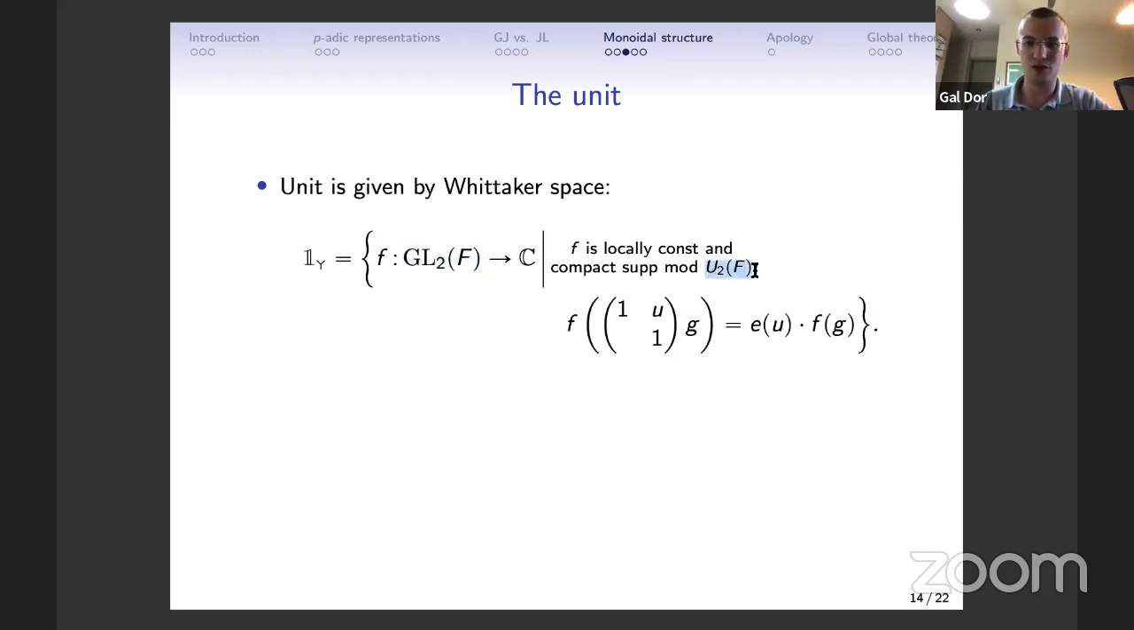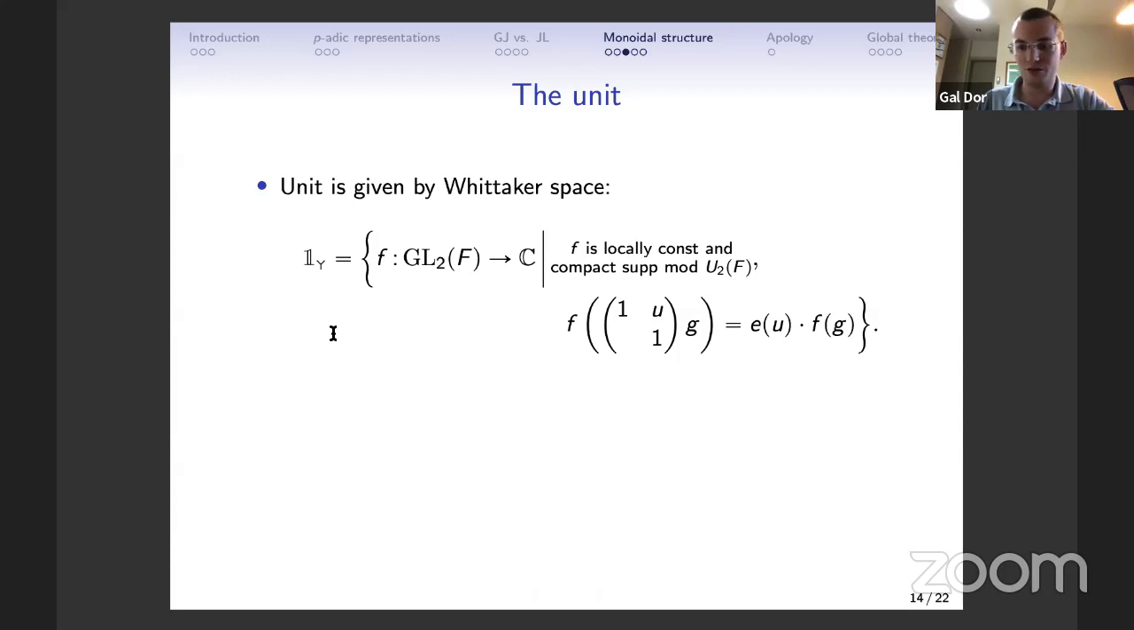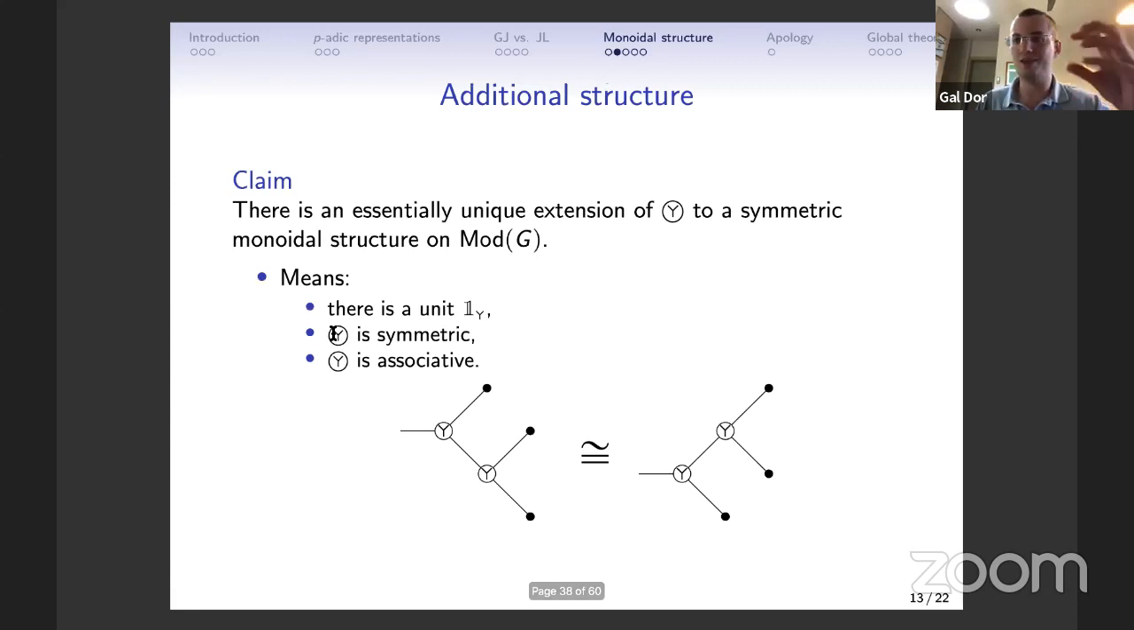mod U2F, which are equivariant with respect to the upper diagonal matrices. So just functions on GL2F that are equivariant with respect to some additive character, and smooth, compactly supported, etc. And it turns out that this Whittaker space is the unit for the symmetric monoidal structure. Now, once we formulated things this way, we think of the Whittaker space as a canonical object related to this monoidal structure, and we think of Y not as an object but as a symmetric monoidal structure,